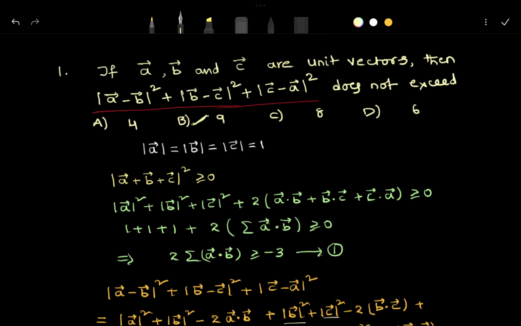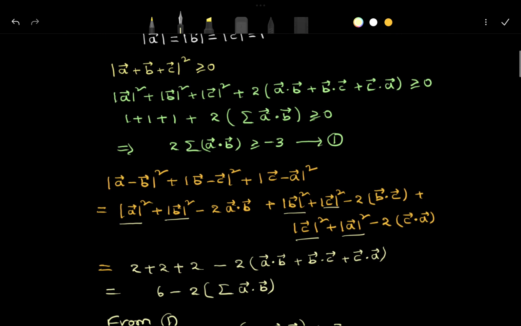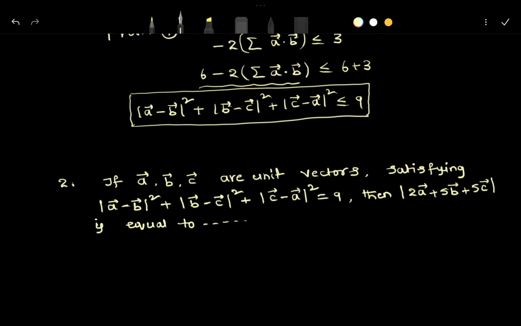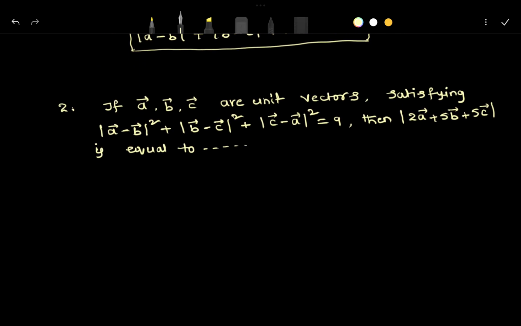I hope that everyone is very clear on this problem. This is a very important question. Now you see one more question in the same model. If a bar, b bar, c bar are the unit vectors satisfying this one, see here by observing this value,